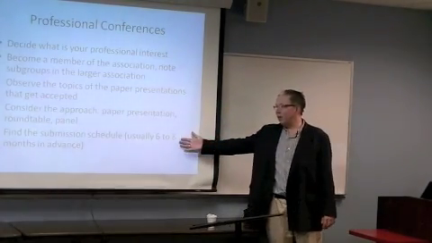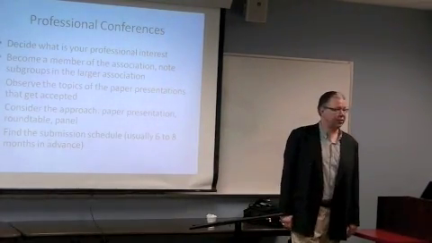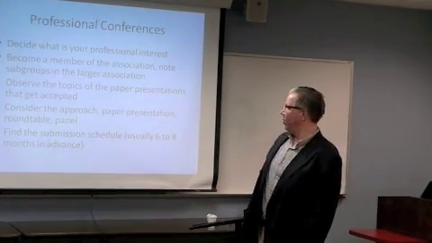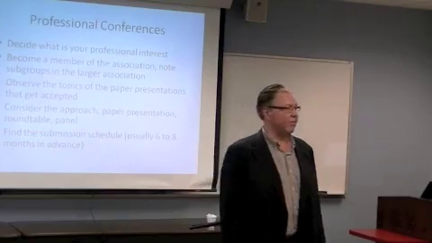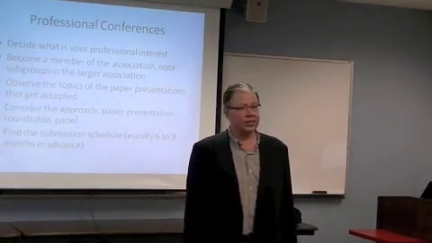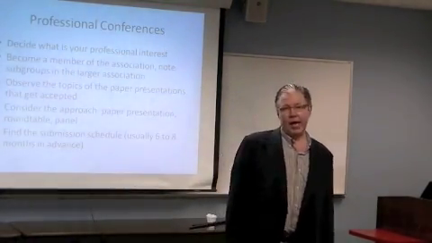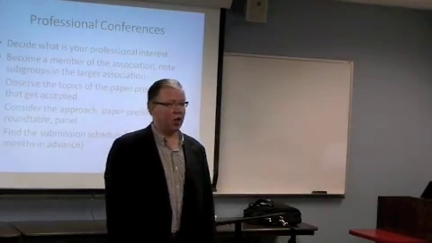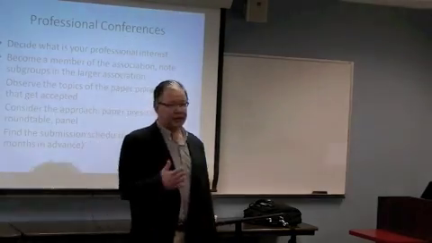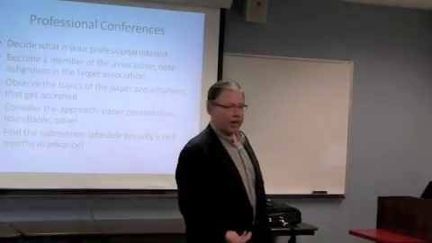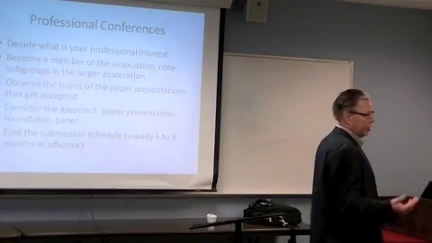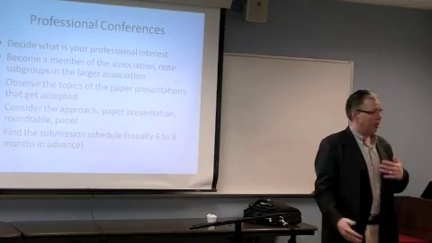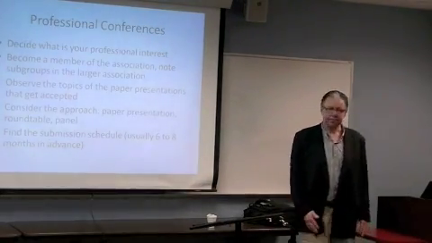And the final thing you need to find is the submission schedule. Understand that if it's a quality peer-reviewed conference, they're usually working 6 to 8 months in advance of the actual conference, and sometimes more. The ASA conference is in August. The submission shut down on January 10th, right? So you're working about a year in advance of a conference. So this isn't, I think I want to go to this conference. No, you're thinking in advance of this kind of process, all right?